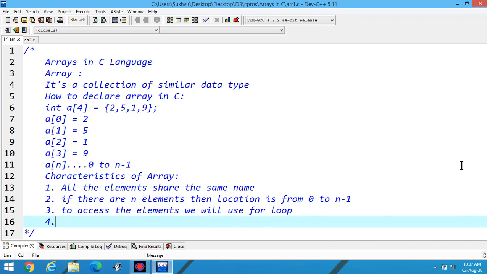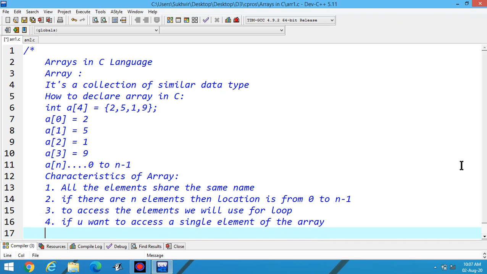Number 4, if you want to access a single element of the array, you can access it using its location.